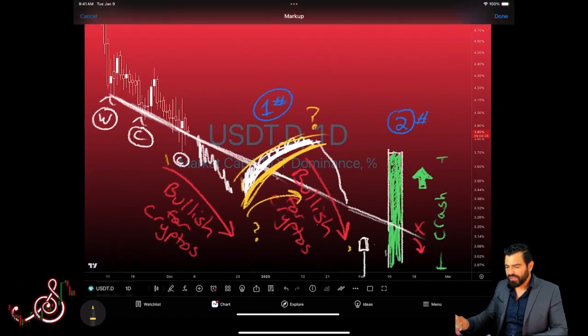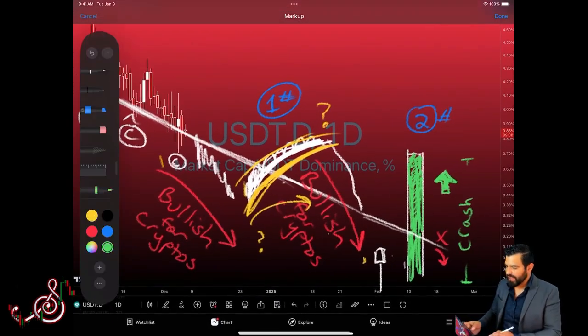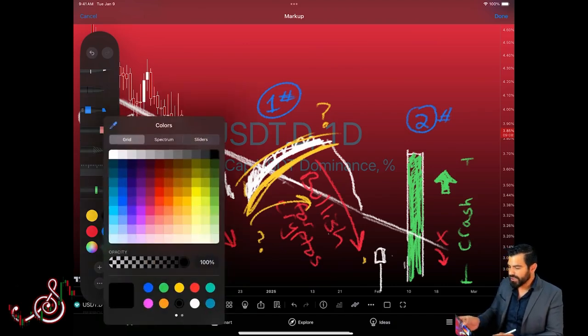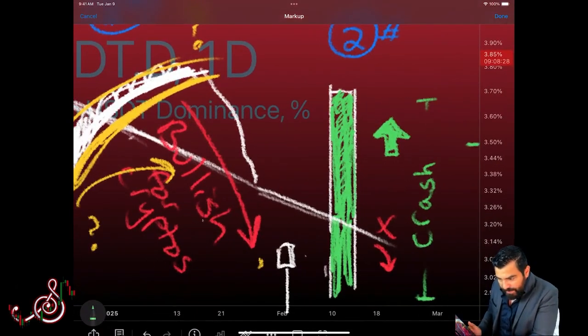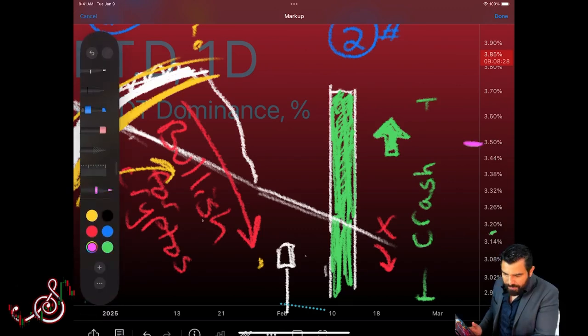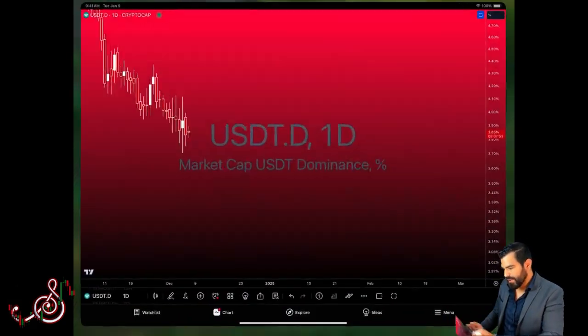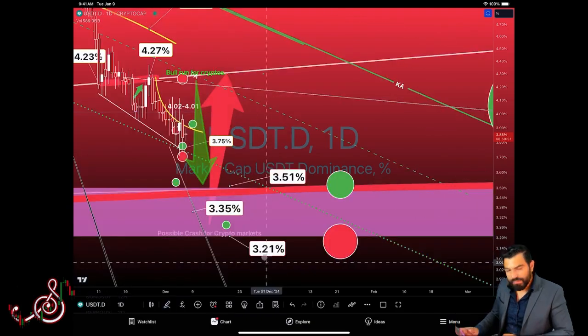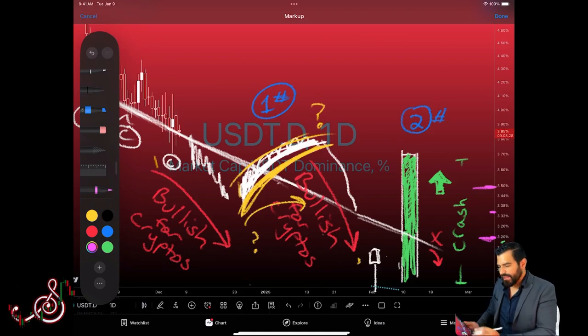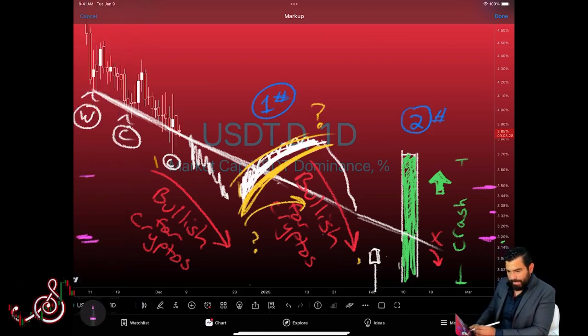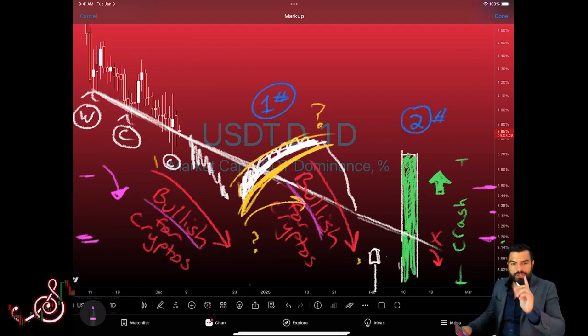Okay? There's a few more things we can glean from this map, because I'm going to bring them up again. Number one, where is the 3.5 range where we're expecting the bounce based on the map? It is here. 3.5, that's the top section. 3.35, which is about the middle area. And what was it? Bring back on our map. 3.21 for the bottom area, somewhere here. This is telling us somewhere in here is where we're going anyway, and that's going to be bullish for cryptos. This will be bullish for cryptos, but there's two bounces.